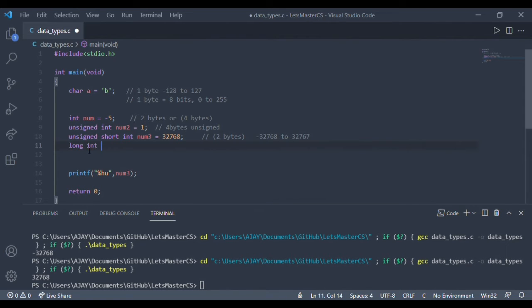Now let's create a long integer. You can write long int or you can just write long. It is also of 4 bytes. Suppose your compiler is creating an integer of 2 bytes, then your long will be of 4 bytes. And if your compiler is creating an integer of 4 bytes, then the long will also be 4 bytes.